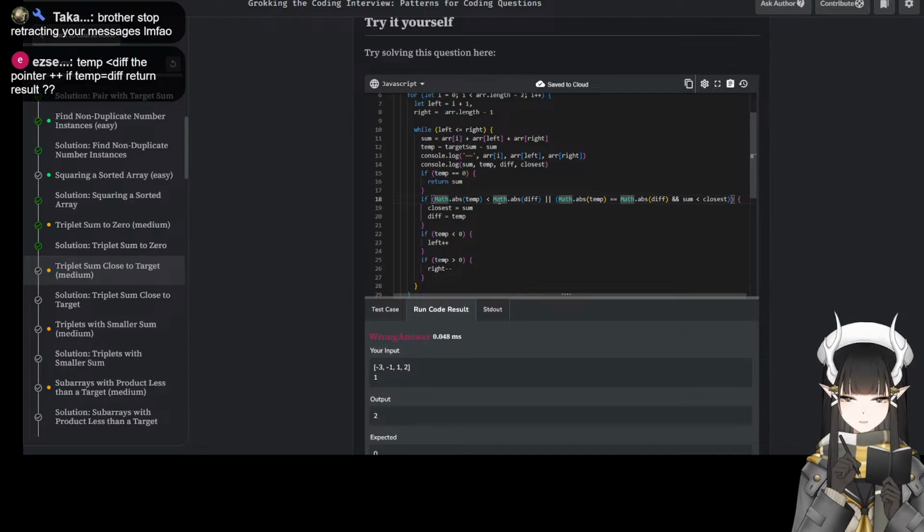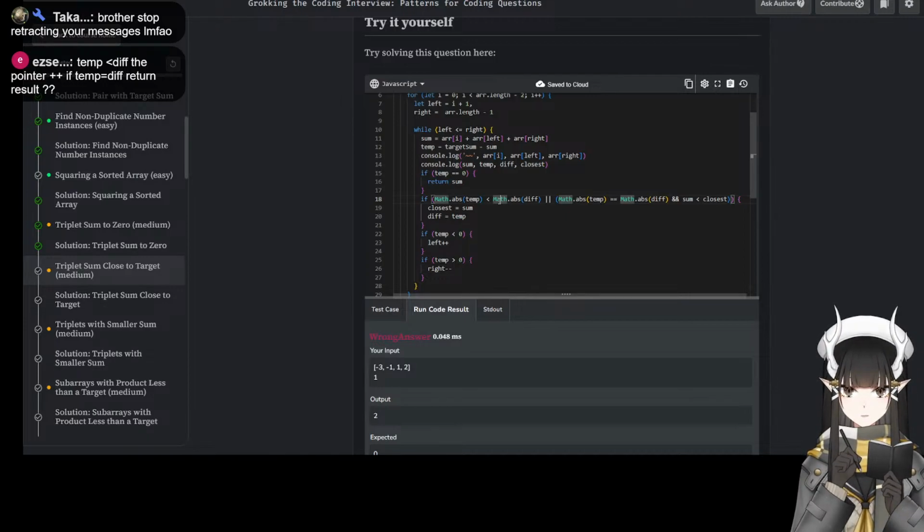If it's less than, then we update the closest to the current sum, and then we reset the difference. Sounds about right.